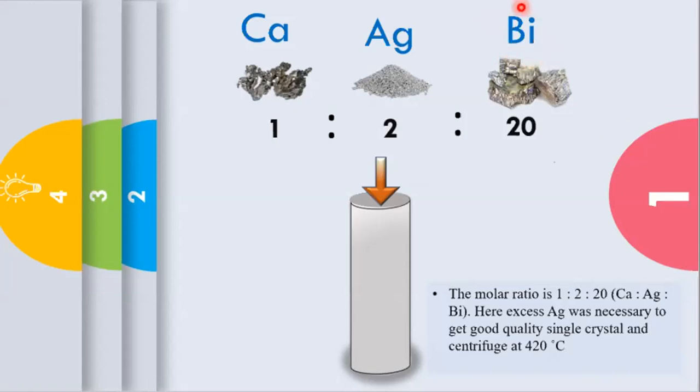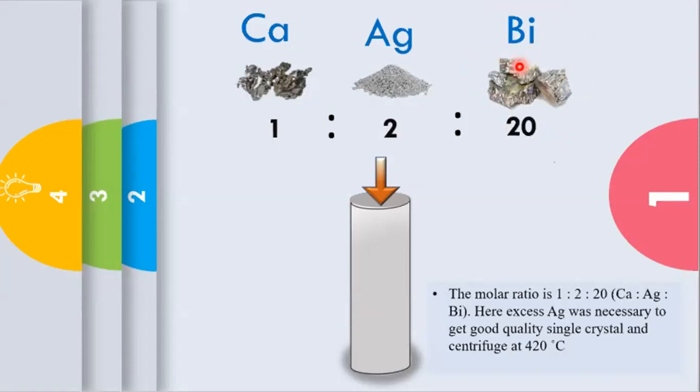When you use a flux, you have to be very careful whether the flux itself can sit inside your material. You can also use a flux from an external element. Let's say I'm just randomly telling, if you want to grow some A, B, C element, you can use D as a flux element. That's also possible. People also do it like this, but you have to make sure that D will not react with A, B, or C. So the best way to choose a flux is to first choose one of your own materials as a flux. Here bismuth has quite a low melting point, so I took bismuth as a flux.